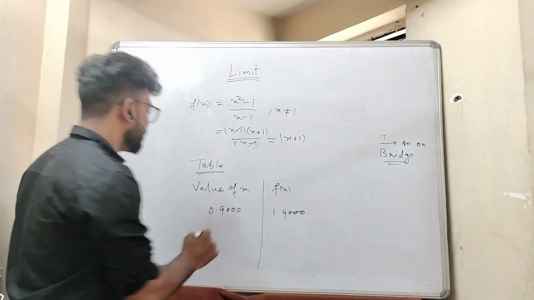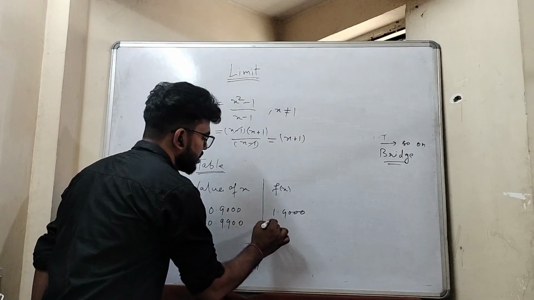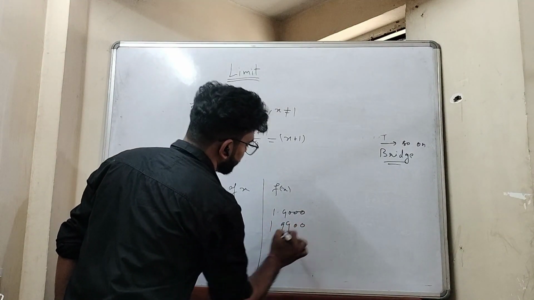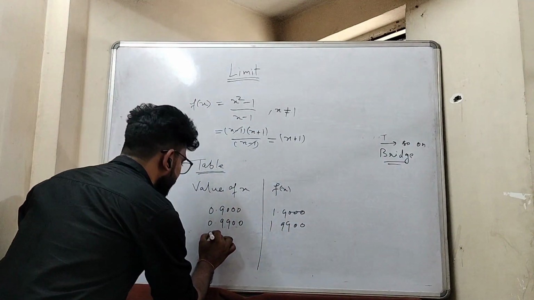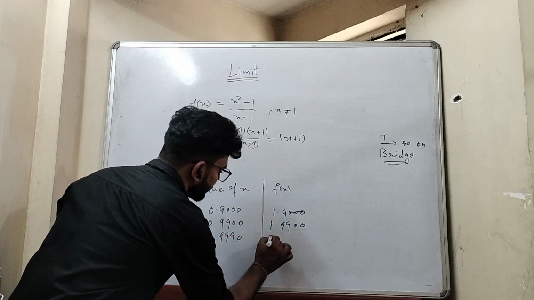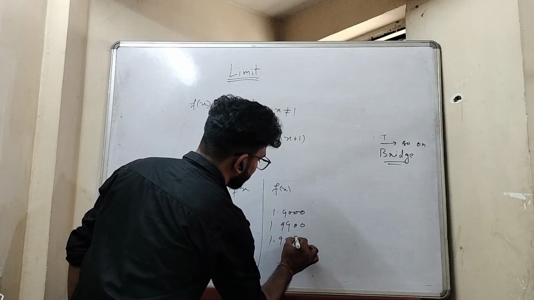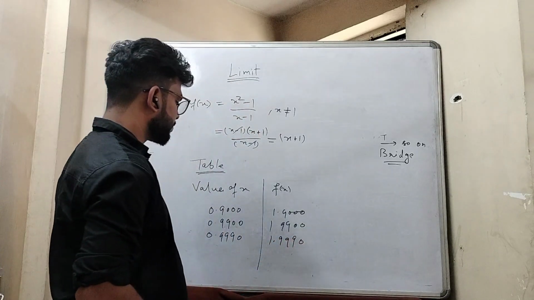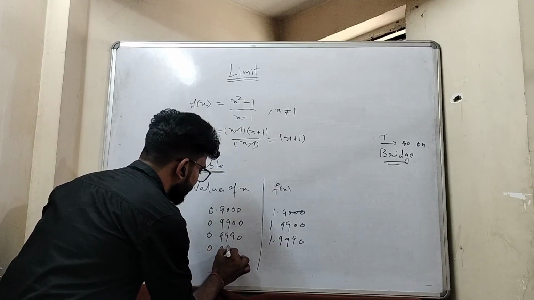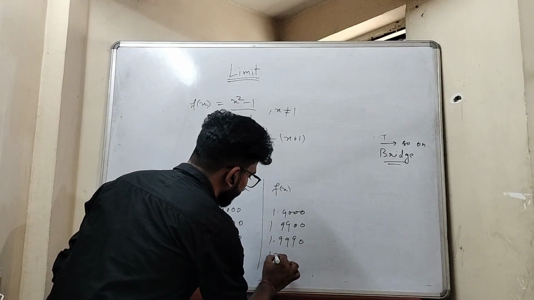When I put x equal to 0.9900, my function value would be 1.9900. Similarly, for x equal to 0.9990, my function value would be 1.9990. For 0.9999, my function value would be